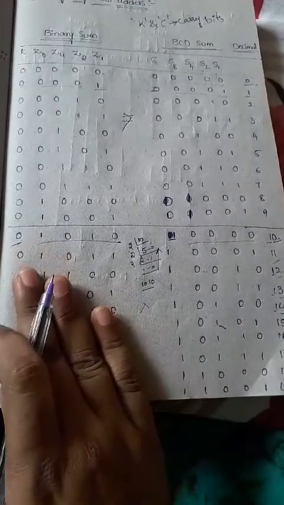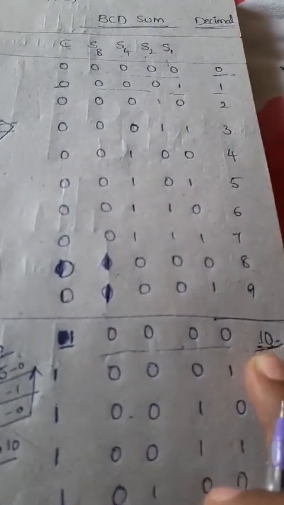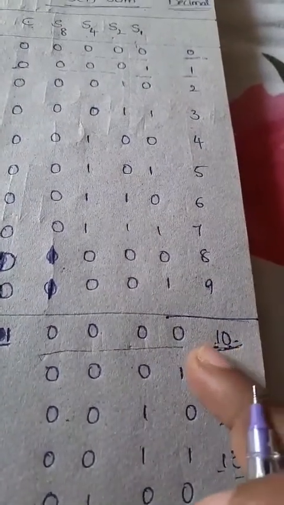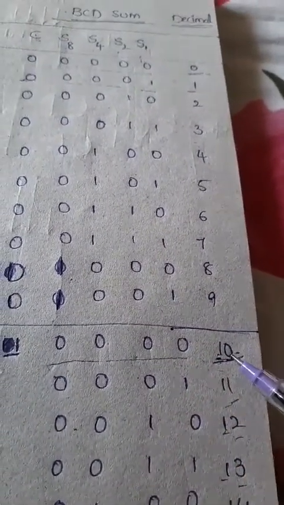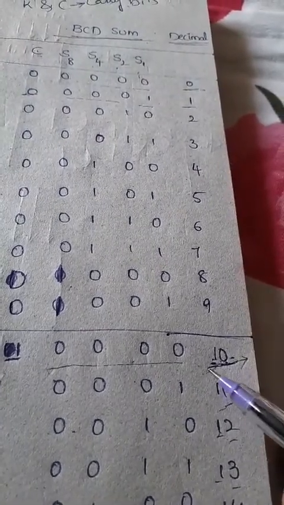Whereas to represent this 10 as a BCD sum, what will we do, and what does our computer make use of? This 10 has 2 digits, no? The BCD representation will be different. So just observe the number here. It has 2 digits. If you want to convert to a BCD sum, first check how many digits we have. Here I have 2 digits. On the left side we have the 1 and on the right side we have the 0. Or otherwise we can say the 0 will be the first digit and this 1 will be the second digit, right?